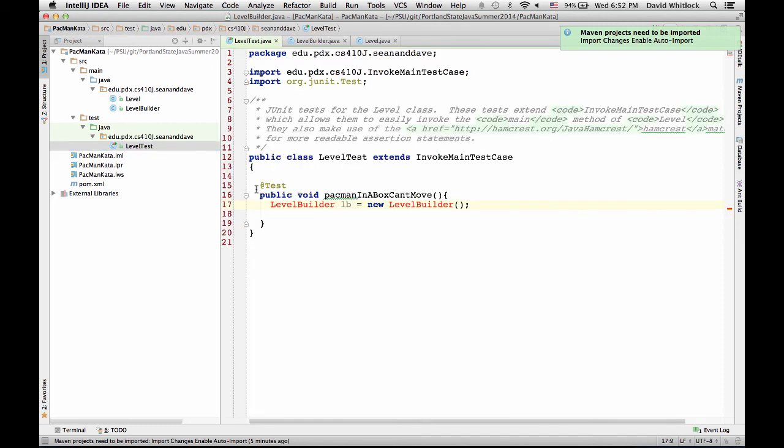We'll add methods to the test. Let's call a method like add line. And this takes a string. Do you want to give it the string right away? Yeah, let's just do plus. Actually, it doesn't really matter.